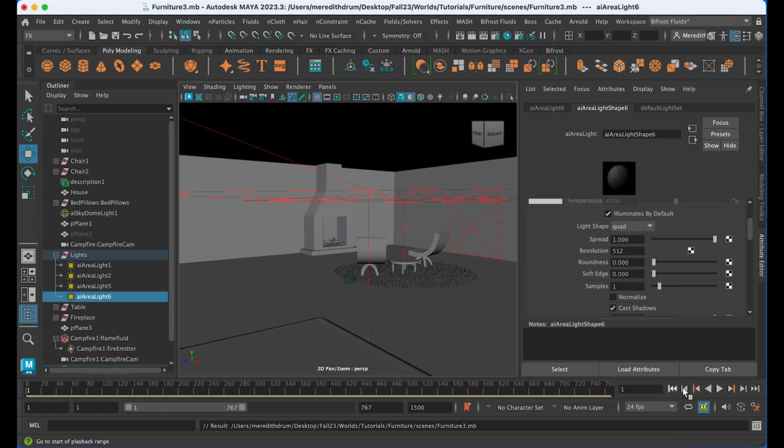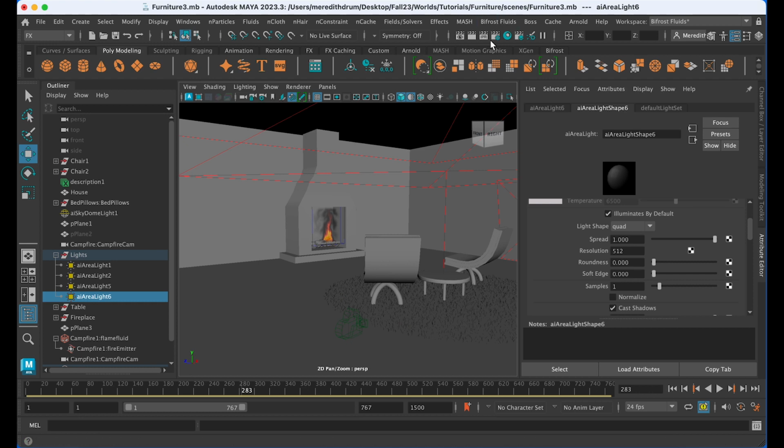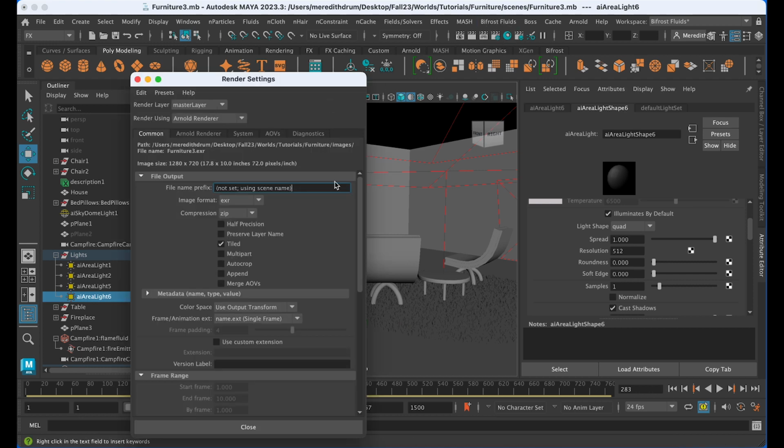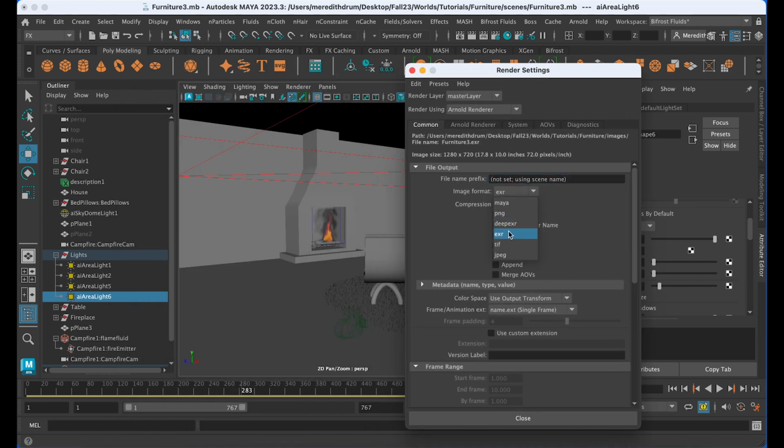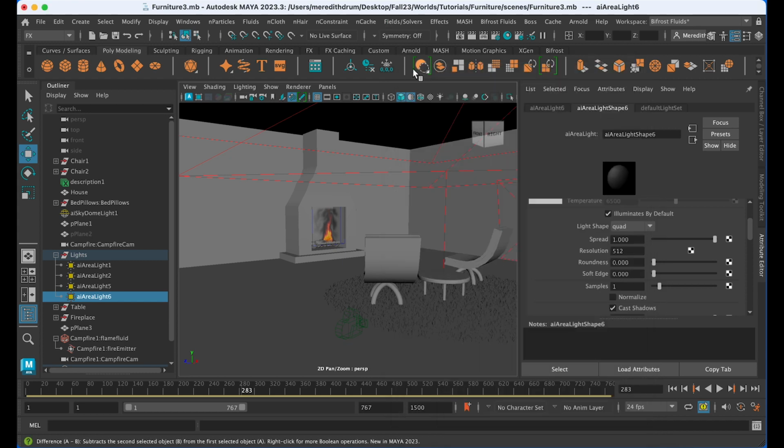You can keep playing with it, and for those of you who don't know how to render individual frames, I can show you that next time we meet, because we'll do a moving camera. But just make sure, when you do, probably not to use EXR unless you really want some big files. And remember, you can change this to 720. You can do bigger or smaller if you wish, but 720 is usually a pretty good size.